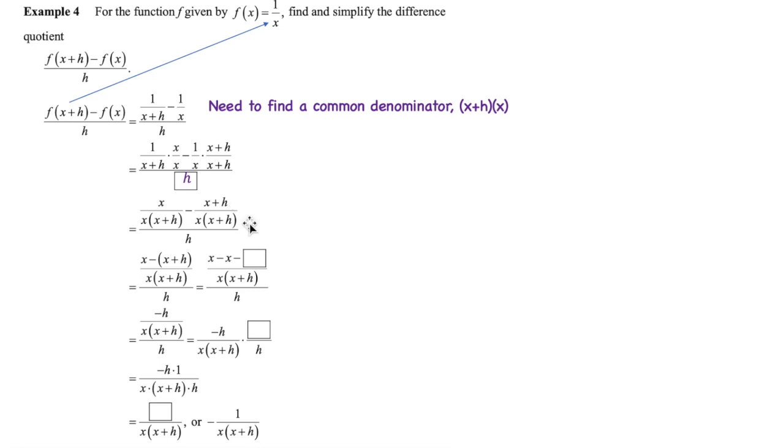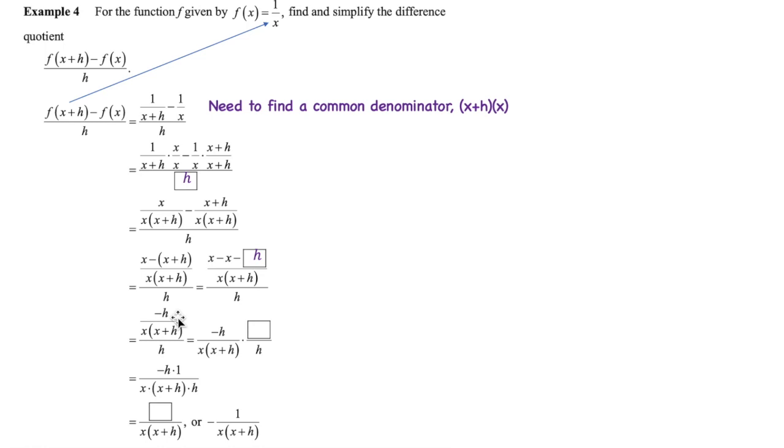Now that we have a common denominator, I can go ahead and combine our numerators together. This will give me x minus x plus h. All of this piece, we're taking the entire numerator and subtracting it. All over 1 now, denominator, still all over h. We're going to work on getting rid of this complex fraction here in a moment. I can now distribute my negative through, so I'll have x minus x minus h. I know that my x minus x will end up canceling, so I'm going to be left with negative h